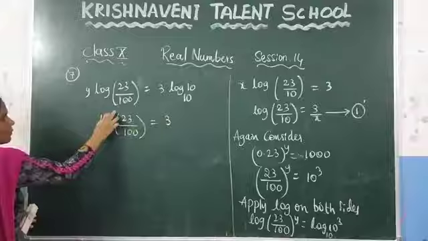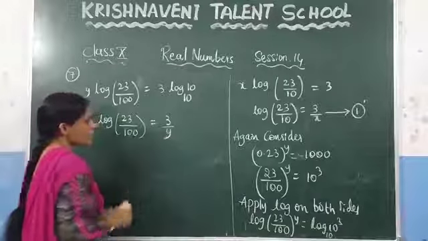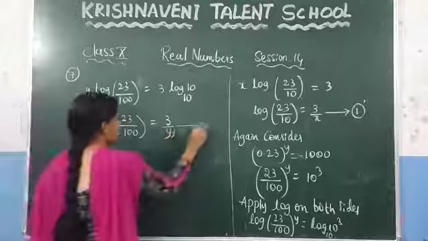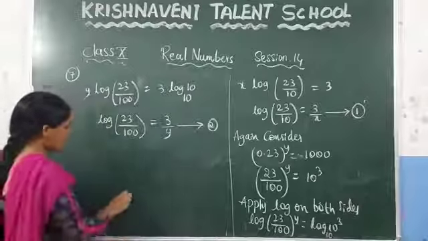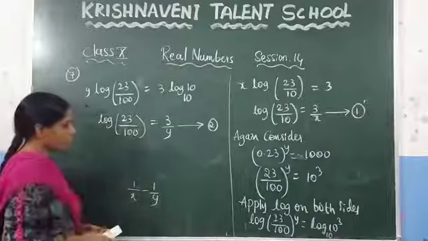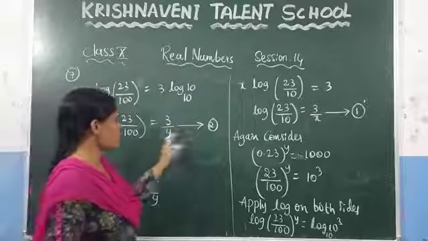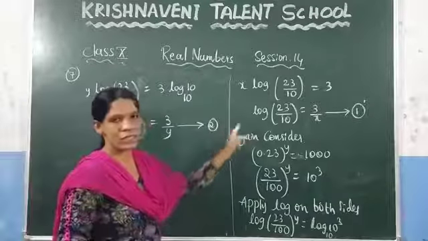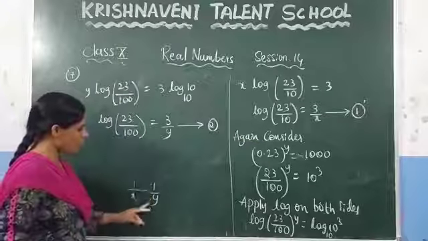Here we are multiplying these two values. If you take that value to this side, it will become 3 by y. Let us consider this value as 2. Now in the question what they have given, you need to find the value of 1 by x plus 1 by y. After solving, we got these two equations at last. Now you need to find the value of 1 by x plus 1 by y.